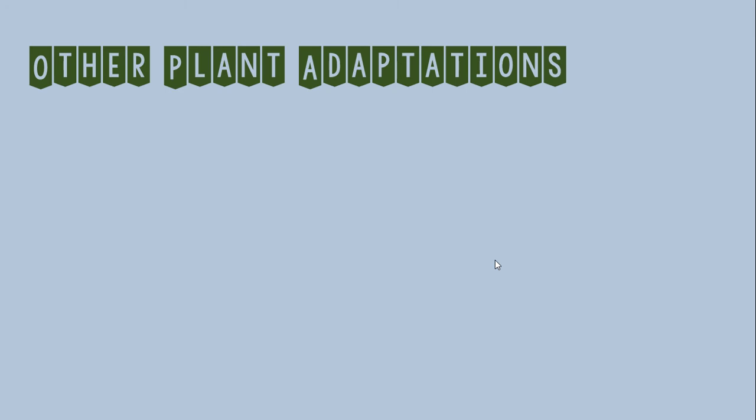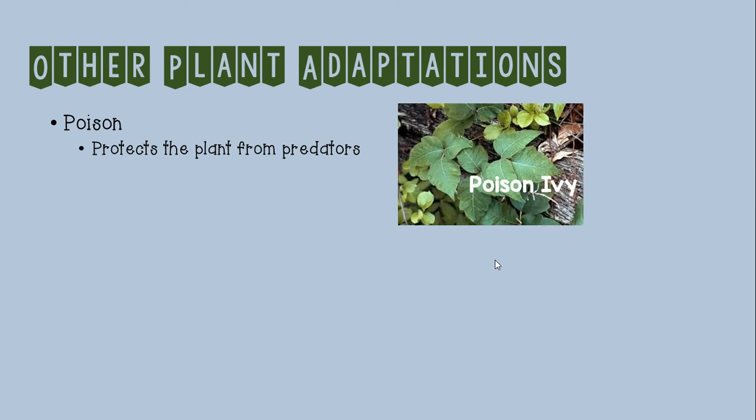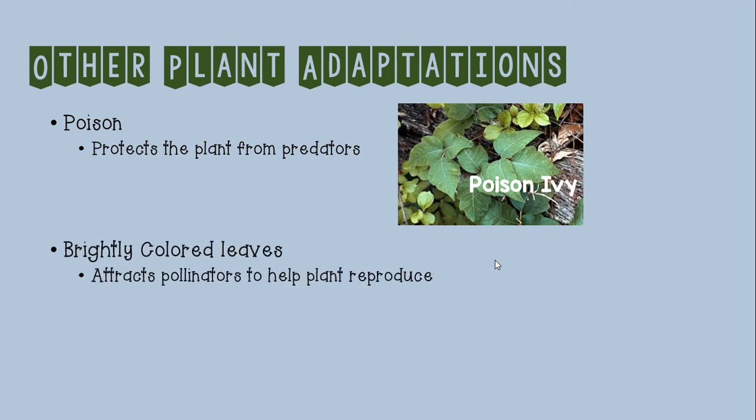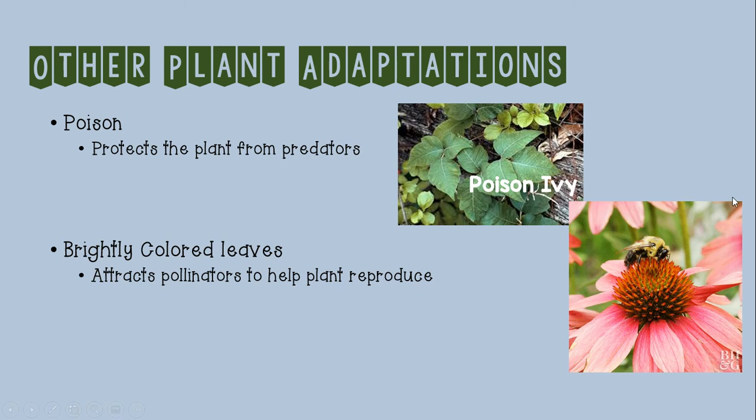Now, other plant adaptations: they have created poison in their plant to protect from predators. An example of that is poison ivy. They also have brightly colored leaves to attract pollinators such as birds or insects to help the plant reproduce, right? That's an example of a brightly colored flower, and it's a bee that's going to pollinate that plant, help that